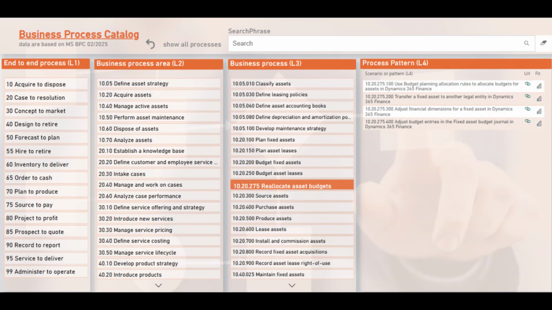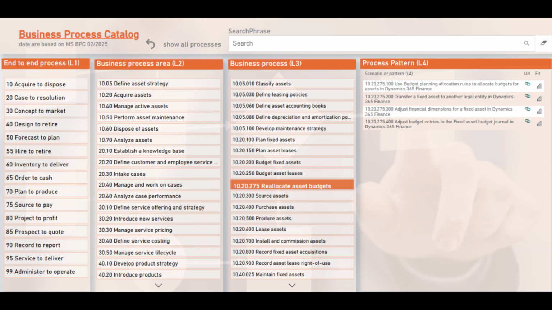The Business Process Catalog is a powerful tool released by Microsoft for several reasons. It offers a standardized set of business processes across Dynamics 365 applications, ensuring consistency and best practices. Whether you are a newcomer learning ERP applications or an experienced professional implementing Dynamics 365 in any business, this catalog is incredibly helpful. It saves a significant amount of time during the requirement gathering phases and throughout the entire lifecycle